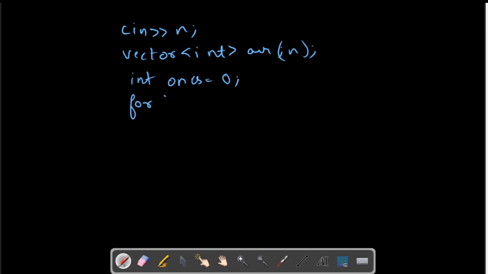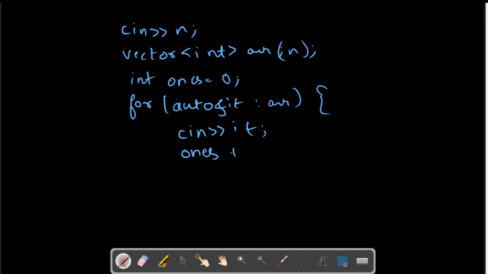Now we will take input of the array, and it will be auto &it : arr. This is a shorter way. You can do int i equal to 0 up till n and then input, but I'll prefer this one here. And what I can do here is take the input cin >> it, and then count the number of ones.